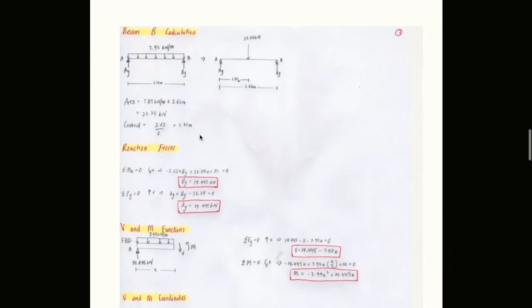Beam B had a uniform distributed load, or UDL, of 7.98 kilonewtons per meter across the whole beam. I converted that UDL into a point load of 28.89 kilonewtons in the center of the beam to calculate the reaction forces. I then cut the beam x meters long to find the V and M functions in order to graph the diagrams. The max shear force was calculated to be